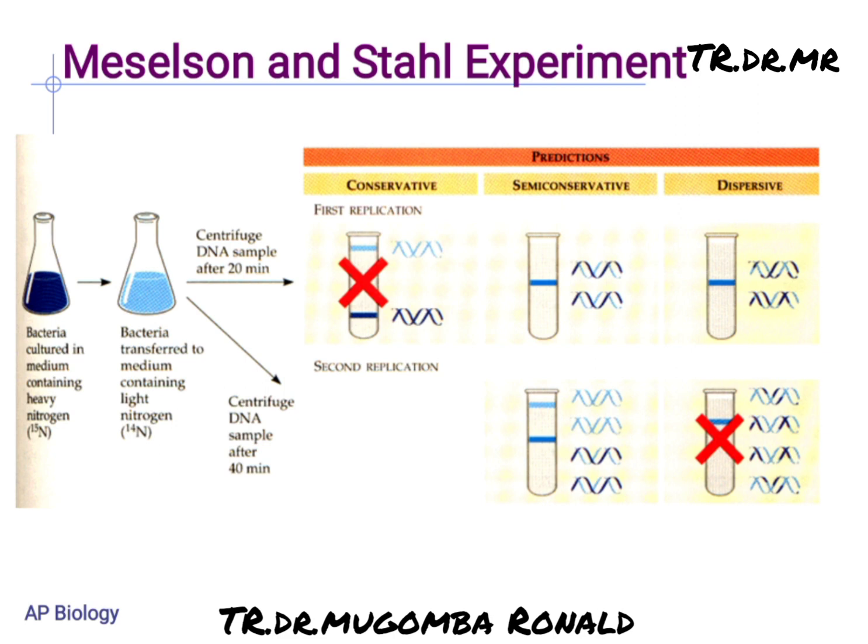It's a mixture. It is an intermediate. That's what they observed, as you can see from here. Then after 40 minutes, they observed both the light nitrogen DNA at a higher level plus a mixture. So you can see, instead of having clearly light and heavy distinctly separated, in the second generation I would say they had light at the top, and then the one that is a mixture. Instead of light and heavy, they had a mixture of light and heavy centrifuging at